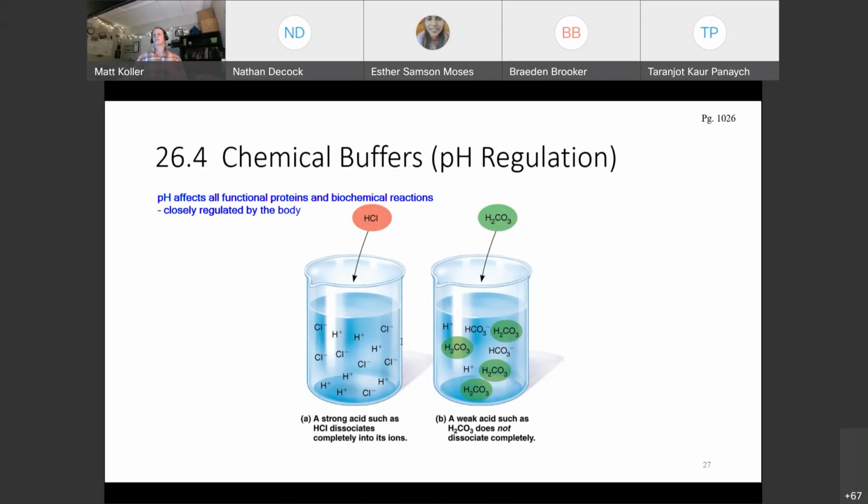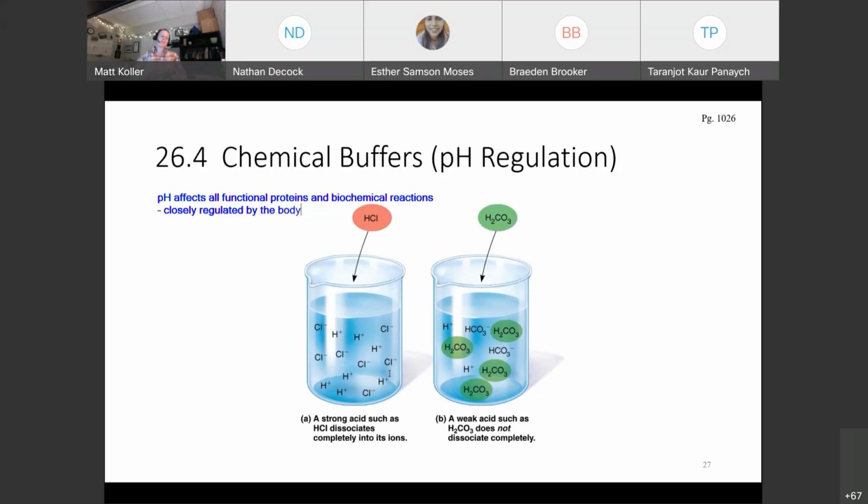Let's say you take hydrogen chloride. It's a hydrogen atom and a chloride atom. And if we put it into water, the hydrogen and chloride dissociate from each other. So the chloride separates from the hydrogen, and the hydrogen loses its electron to the chloride ion. So the chloride ion is now negative, the hydrogen ion is positive. But that hydrogen ion is very reactive. So it can then react with other chemicals or other substances within there.